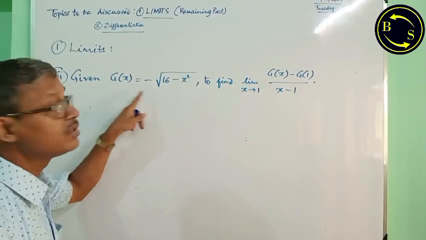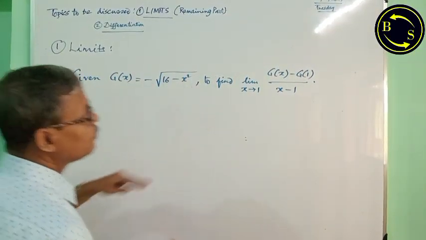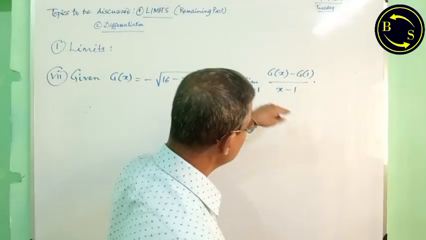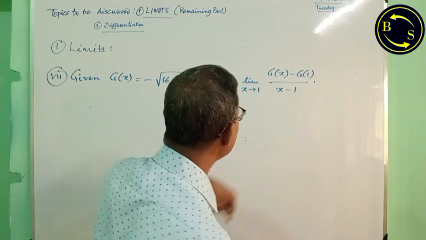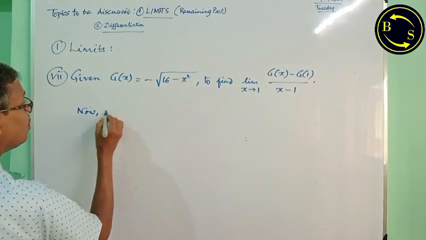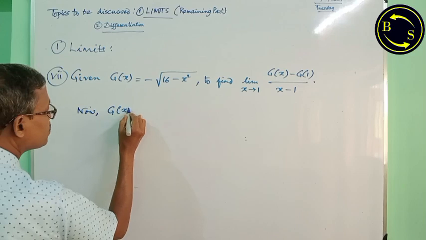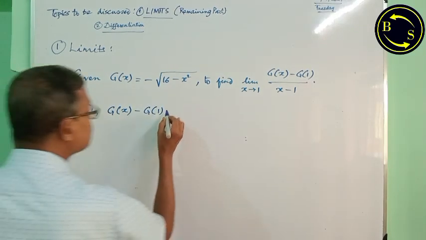Given the function g(x) is equal to this, we have to find the limit of this one. We first calculate, as I have already stated in the earlier problem, the expression (g(x) minus g(1)) by (x minus 1). Now, g(x) minus g(1) is equal to